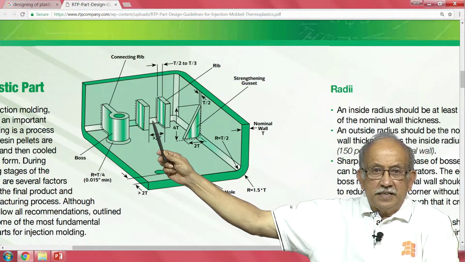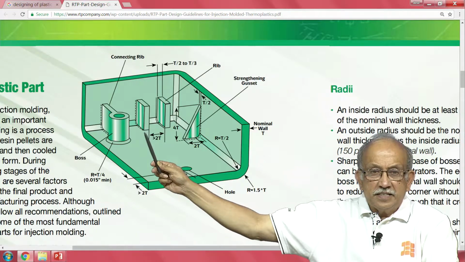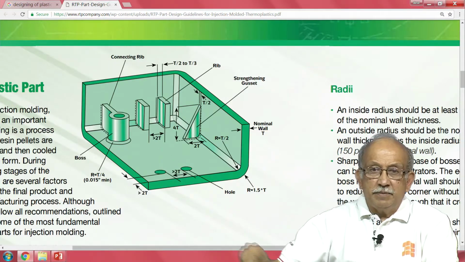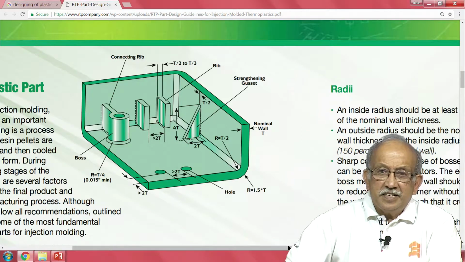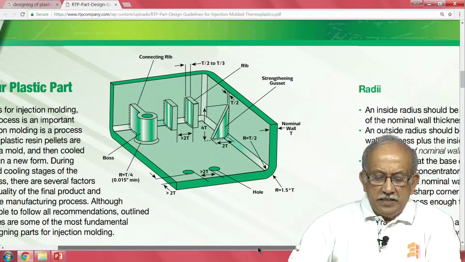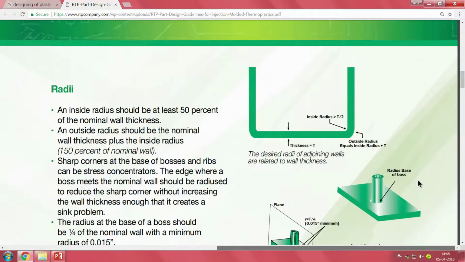You see, this gusset is joining this flat piece. So, on the opposite side, it may lead to a small shrinkage while it is being made. A lot of this detailing is part of the detailing that is required for manufacturing, but it is in the designer's interest to follow these things.